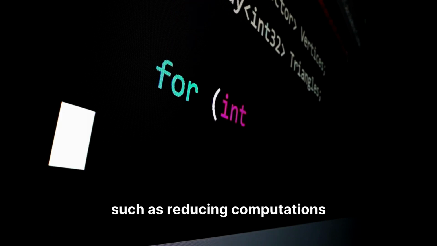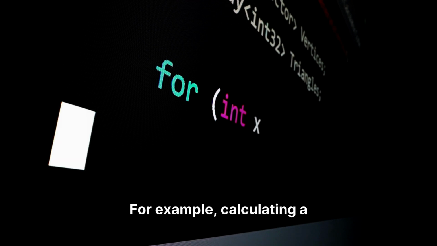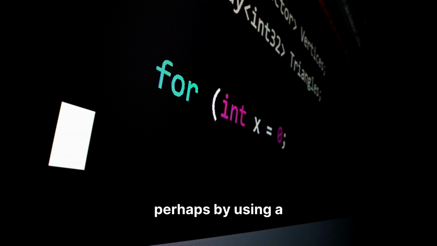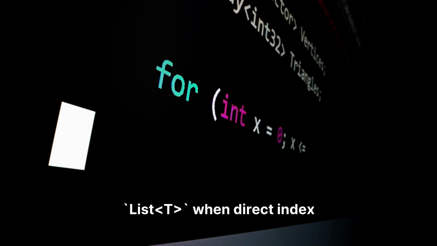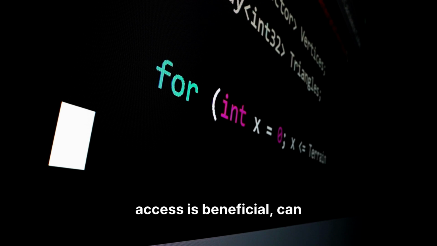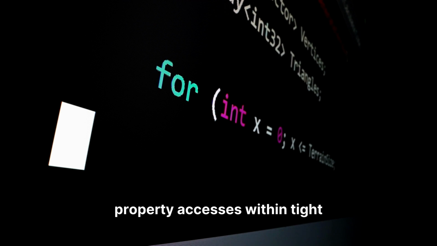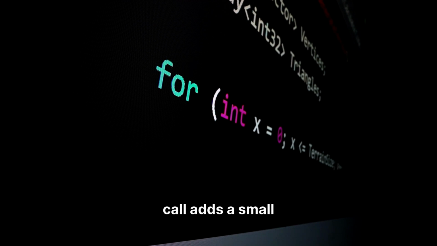This involves several strategies, such as reducing computations inside the loop body by moving invariant expressions outside. For example, calculating a constant value once before the loop starts rather than in every iteration. Additionally, ensuring efficient iteration, perhaps by using a for loop instead of foreach for arrays or List<T>, when direct index access is beneficial, can reduce overhead. Minimizing method calls or property accesses within tight loops also contributes to faster execution, as each call adds a small